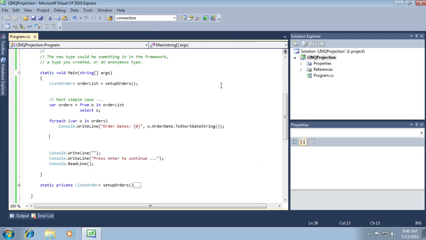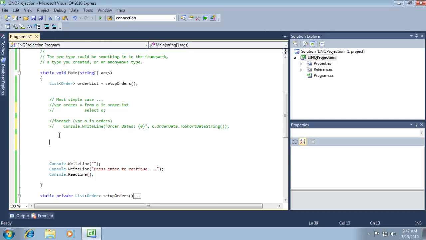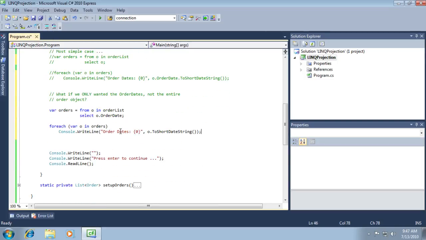Great. Okay, so now, what if we only want to project out the order dates and not the entire order object? Let's do that. Let's comment this and paste in some more code. Now look at the difference this time. Here, I'm still selecting from O in order list, but this time I'm only selecting O.orderDate. So give me back every order date for every order that's in our order list,